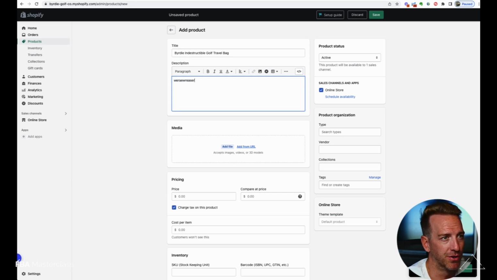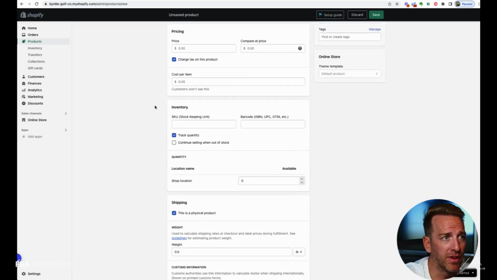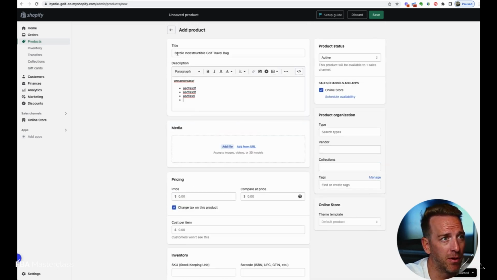Again, you can put in your description with bullets. You could add a bulleted list here. This does, again, not need to replicate your Amazon page. You might want to clean this up and use a different descriptor and bullets than you would on your actual Amazon page. The other important thing here, if you notice on the title that we set up, the Birdie Indestructible